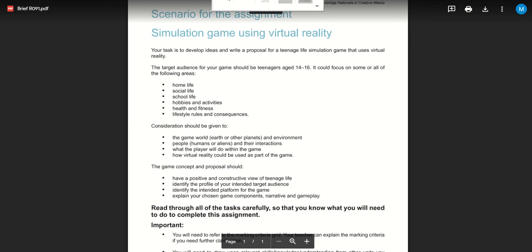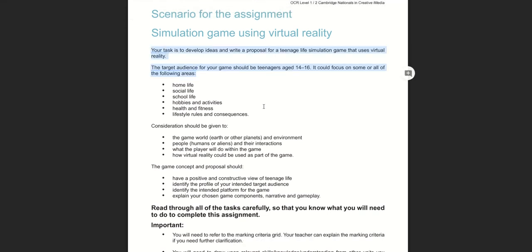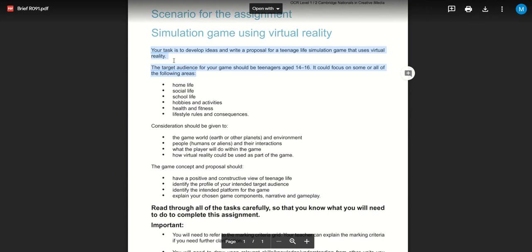Okay, so this is looking at RO91 of the iMedia course, specifically the second task, LO2, and essentially this is the planning section. Up here at the very top of the page, we have the actual brief, I suppose, and they're asking you to come up with a proposal for a teenage life simulation game that uses virtual reality. One of the first things you're going to need to do is write your own version